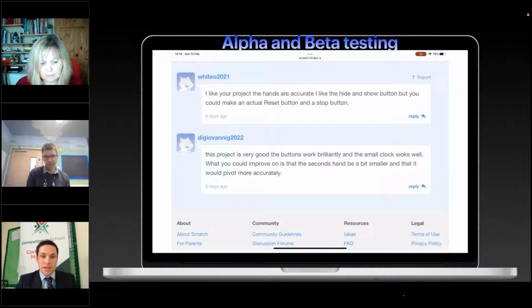Once they've shared it, we'll make a little studio and they'll add their work to the studio. And then they absolutely love this. They're working on this today for 40 minutes, testing each other's projects. And you've got to get this bit right though. What do you like about the project?